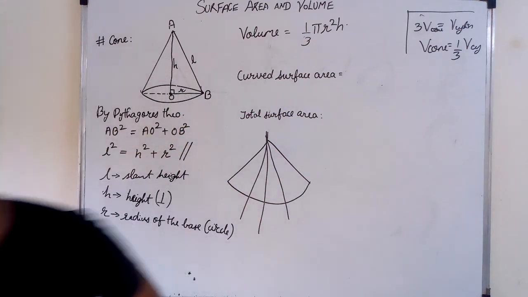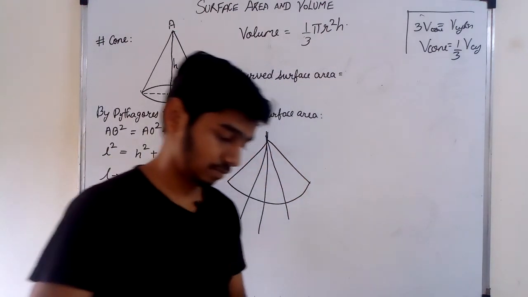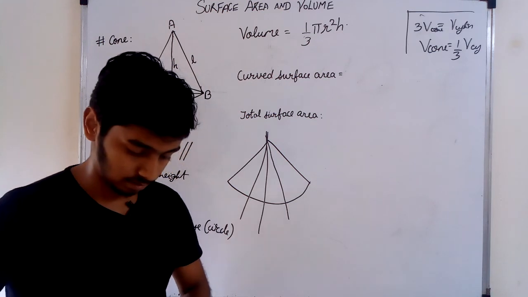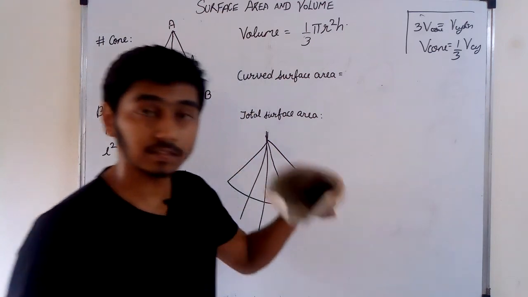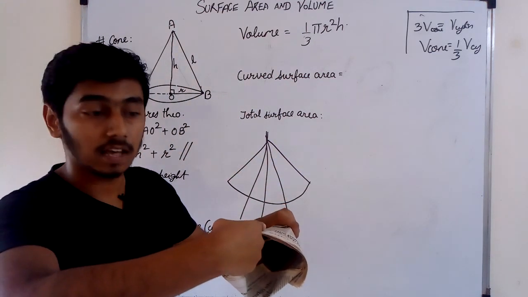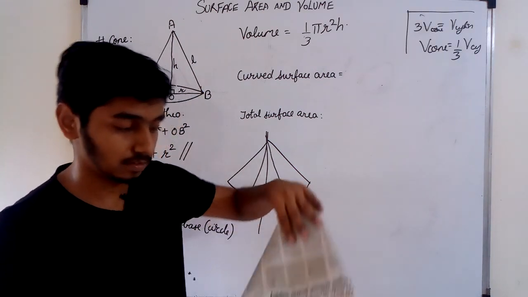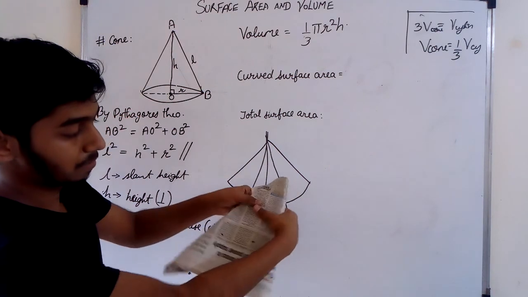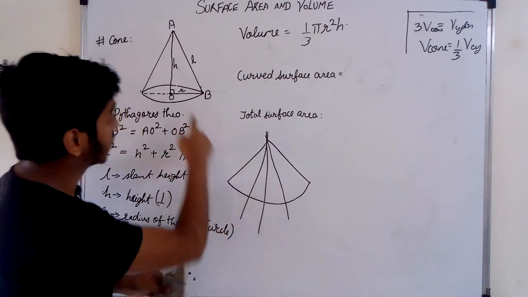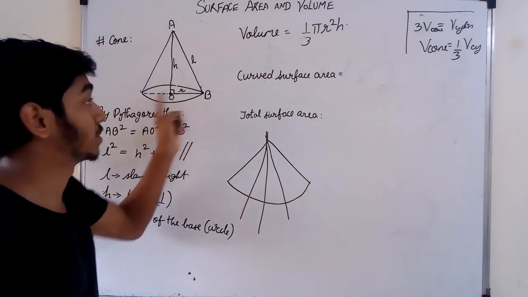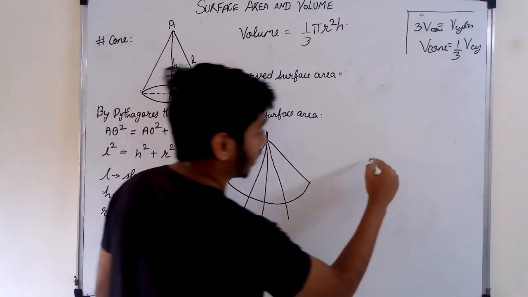So if you think, I'll show it here. So if you have a cone like this, for example, I'll cut this and I'll open it, so it will become something like this, with this base equal to the length of the circumference here, which is shown. So what we are trying to say is,